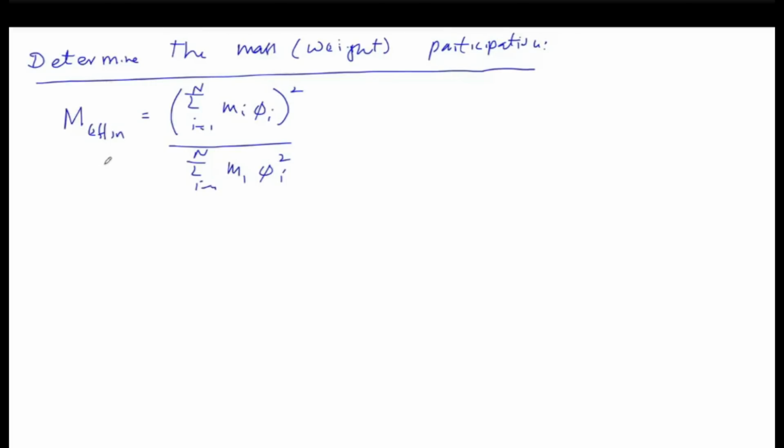So if you look at this factor, it is exactly like the participation factor, but the only thing is the denominator is squared. So we can use those same values,